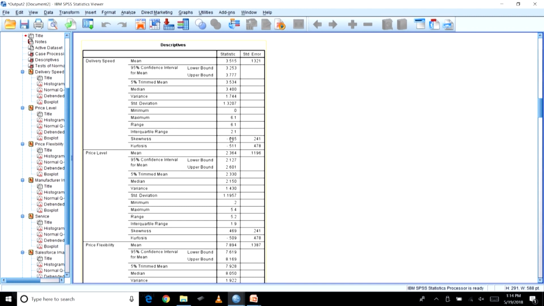So, just divide it, 0.085 divided by 0.241, right. Similarly, for kurtosis you need to do the same, right. So, the skewness and kurtosis values are given to you, just divide the statistic by the standard error and see whether the value falls within the range of plus 1.96 to minus 1.96 for a 5% significance level, or plus 2.58 to minus 2.58 for a 1% significance level, right.